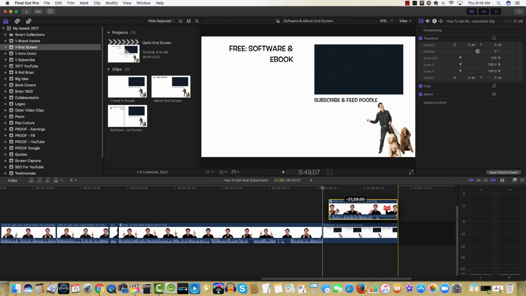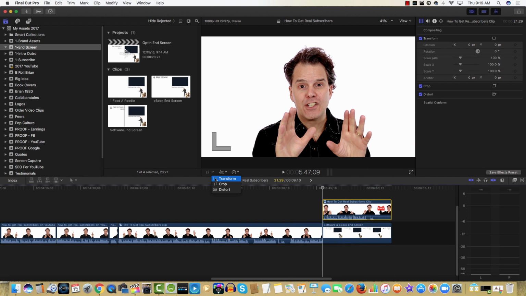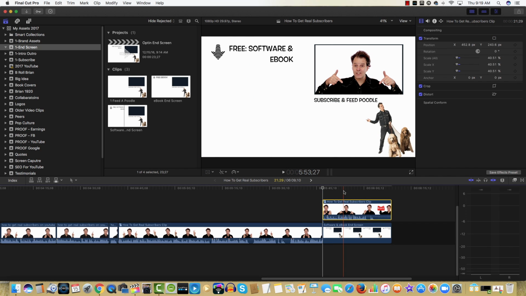So what I do is I simply move my clip over like so. I do this, I highlight it, and then I come to transform in Final Cut Pro. I size it down. Okay, and now you can see what it looks like. It looks great, and the idea is simple. The idea is that you create a very blank, minimalistic template that basically draws attention to 2 things you want to accomplish. And then in the video, as you're nearing the end of the video, if your call to action